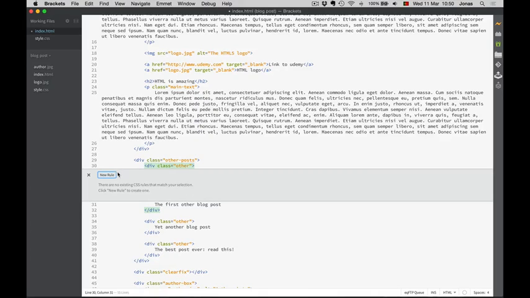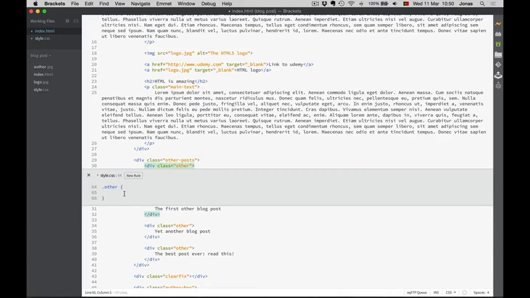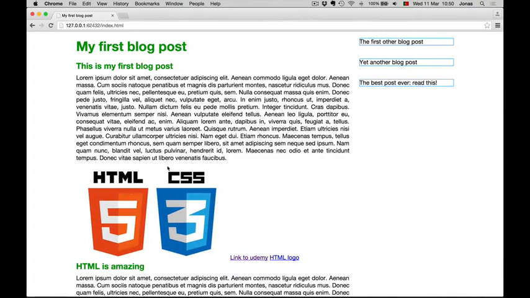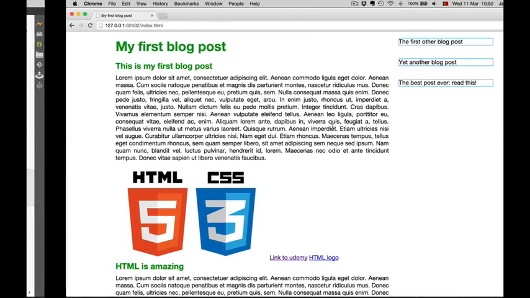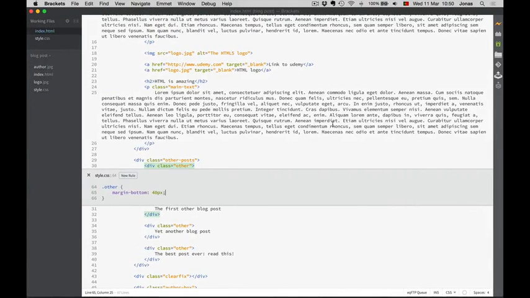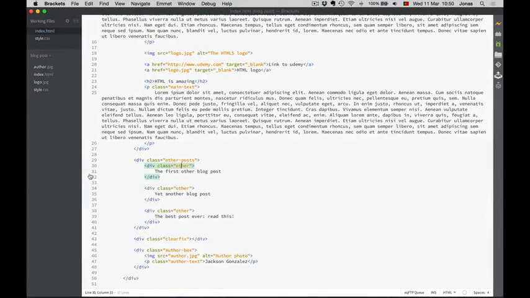So Command E again, and new rule. And let's say we want a margin bottom of 40 pixels, which means a distance between those boxes of 40 pixels. So this is what it looks like. It's not beautiful, but it's there. And the cool thing is we know how to put it there. So let's just close this again,